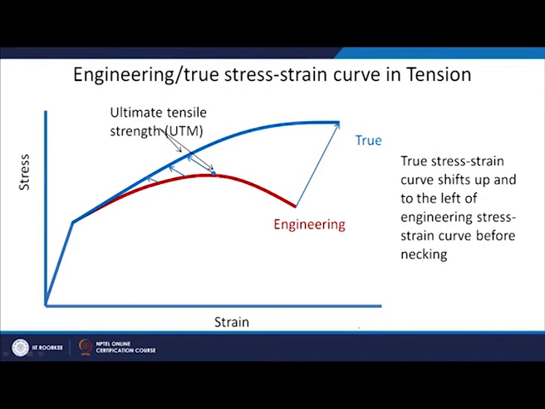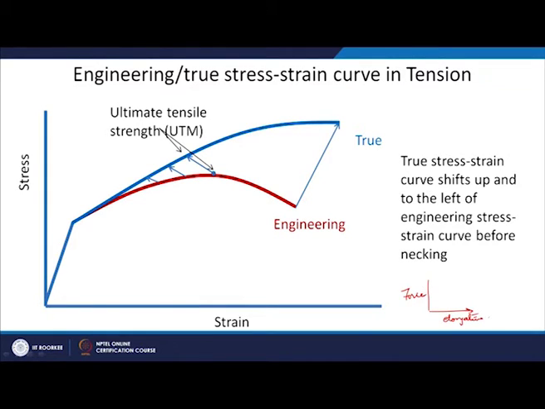And now let us see what will be the effect on the stress strain curve because of that. Already we have seen this red part is your engineering stress strain curve, which is what we get from the machine. From the machine you get the data in terms of force versus elongation. So elongation will be on the x axis and force will be on the y axis, okay. This is what I get from the machine. Elongation, and here it will be force.